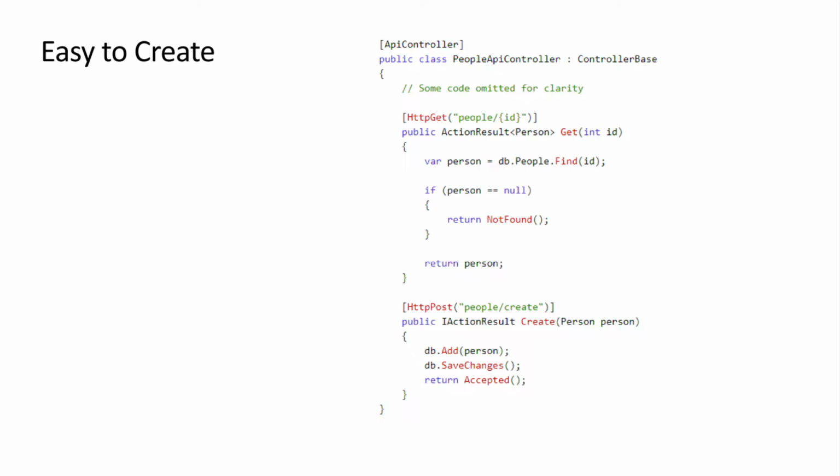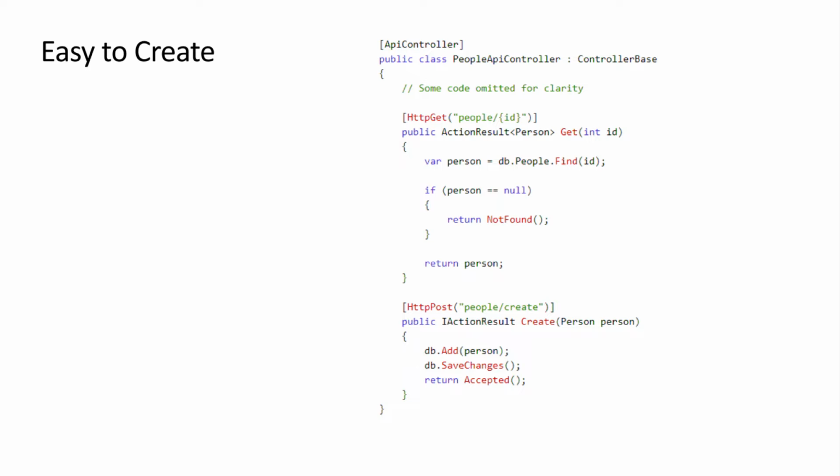I mean, make it easy. I think that seems pretty easy. Does that seem pretty easy? Like, I hope. There's a couple of people nodding. Yes, there's a couple of people taking photos, so that's great. Even I can understand it, and I know nothing about web API. So, I mean, the code kind of reads itself. You're going to HTTP get, people, an ID, or create. Yeah, that's right. And seems pretty good.